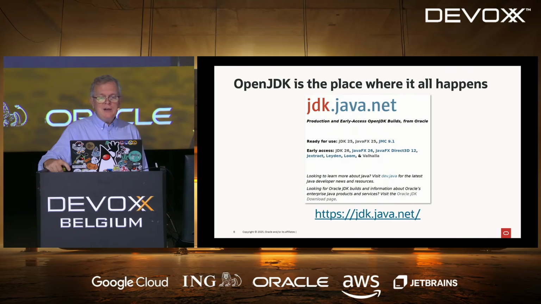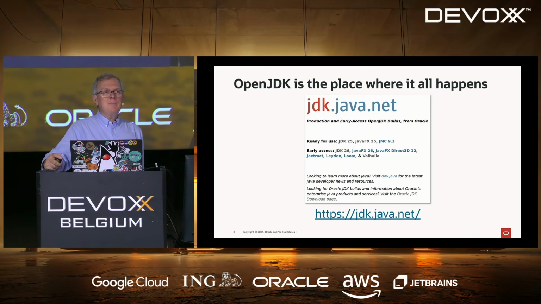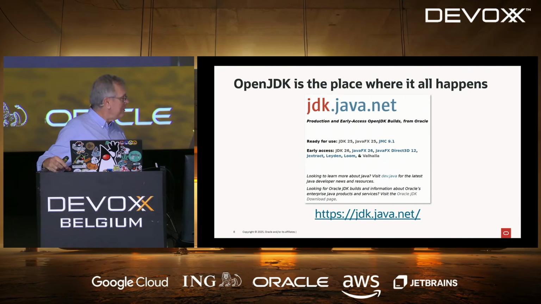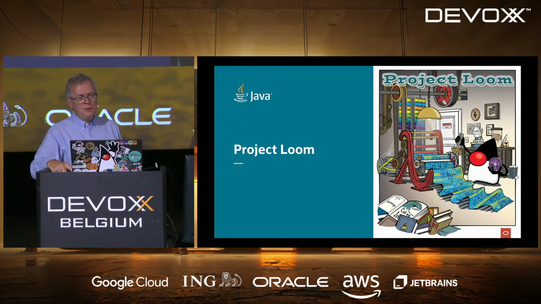And if you want to be really on the edge of things, and you want to download 26, because 25 is so September, well, you can. There are already early access versions of 26. And if you're interested in Valhalla, you have early access versions of Valhalla too. And soon, in 2 or 3 weeks, we should have a new preview. I think you have a talk on Valhalla later this week. Tomorrow at 12 something. Maybe you can check the official agenda. But you definitely want to first see this talk if you're interested in Valhalla.